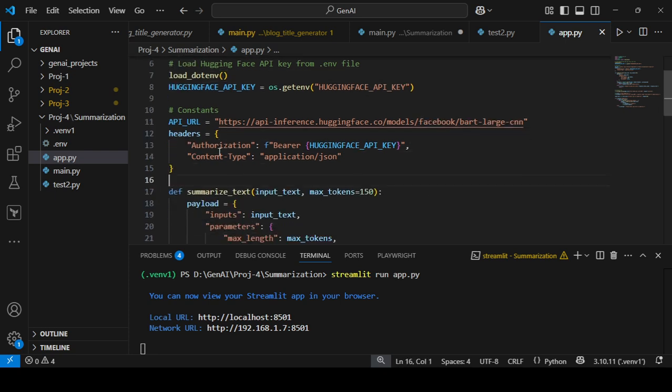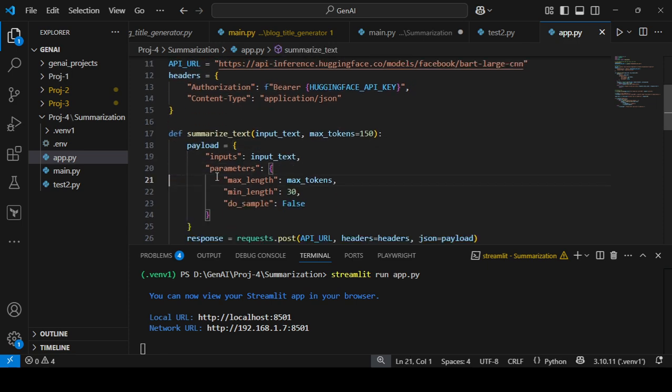And since we are going to make a POST request, we will give the details of the headers. We need to provide the authorization, meaning for authentication we need to give this Hugging Face API key. And content type is application/json, as we are giving the input in JSON format. Now this is the main function which will summarize our text.